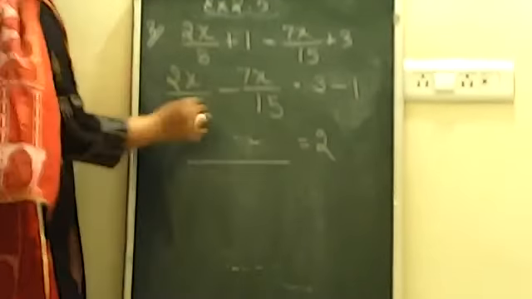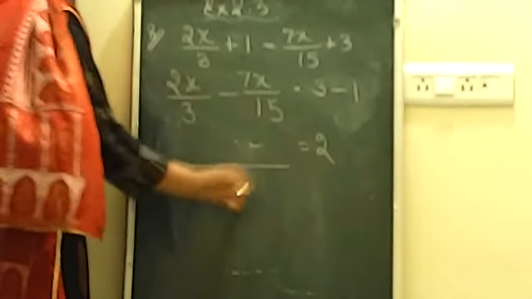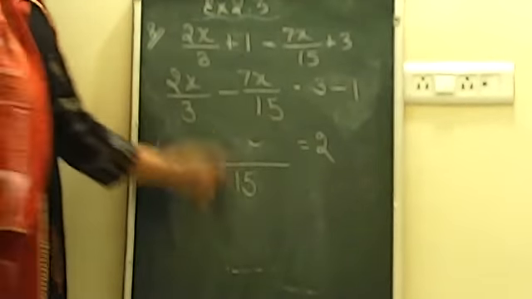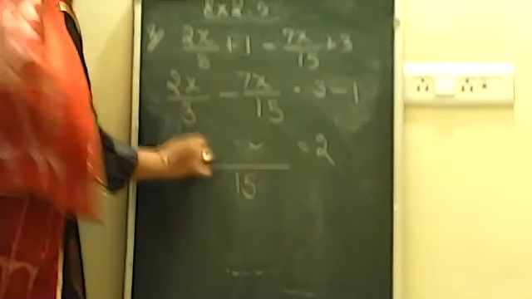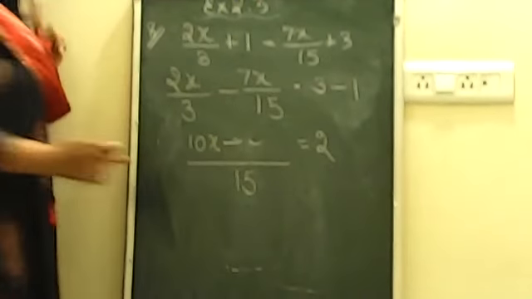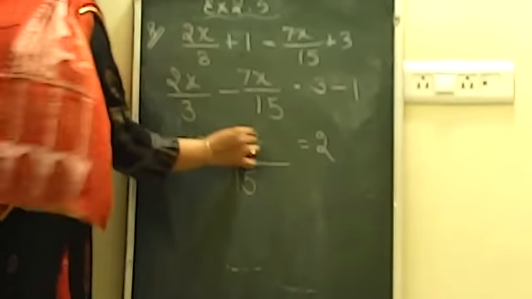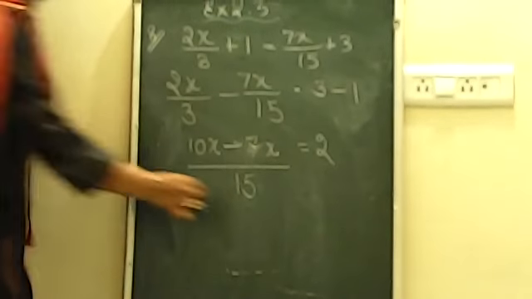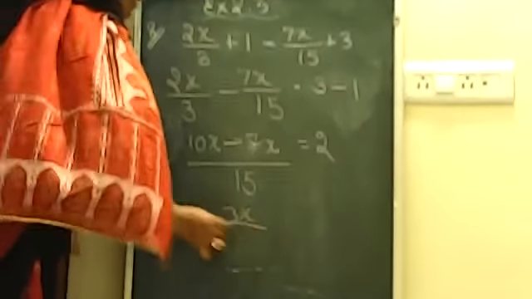Now it will give you only 2. And then we will solve this one with an LCM. The LCM of 3 and 15 will come as 15 only. Now when you solve it, it will give you 5, and 5 twos are 10x. Then minus, we will keep it like that only. Now 15 divided by 15 will give us 1, and 1 sevens are 7, which will give us 7x. Now 10x minus 7x will give us 3x.